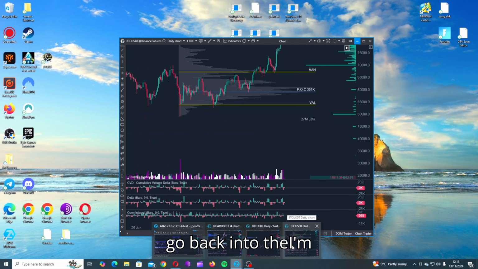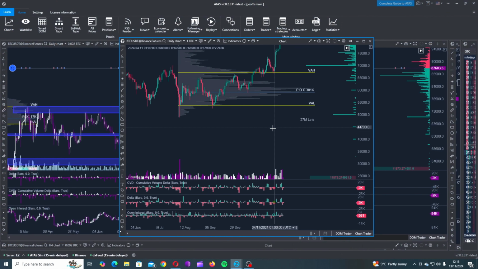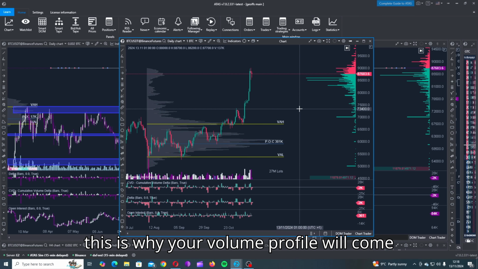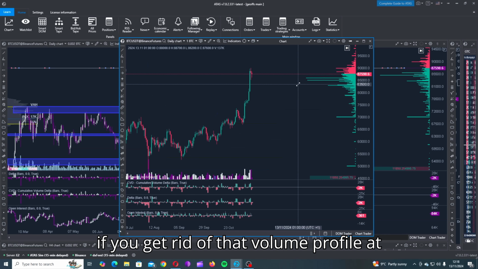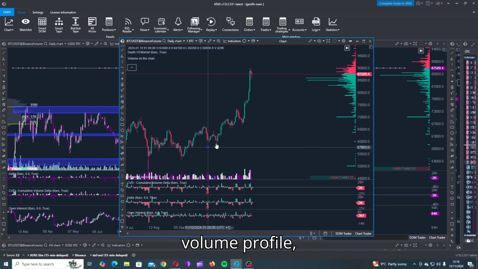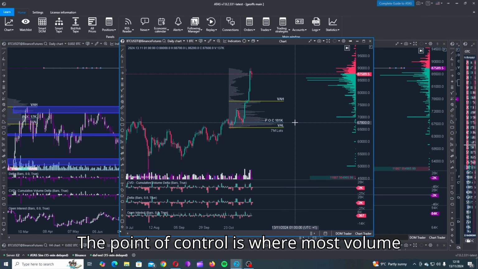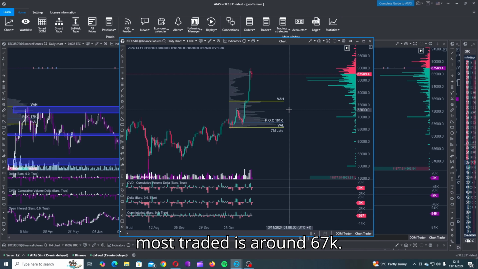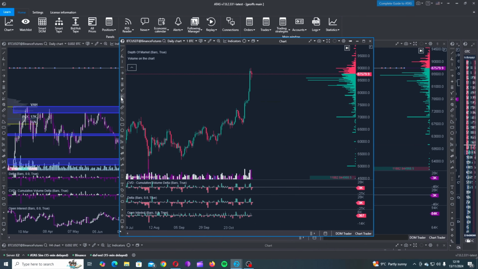So if we go back into the, I'm trying to see which one we are using. This one here. This is why your volume profile will come in handy. So if you get rid of that volume profile at the minute, get another volume profile, and if you have a little look, the point of control, where most volume was traded, is around 67k. The daily volume profile, like I say, which is this one here,